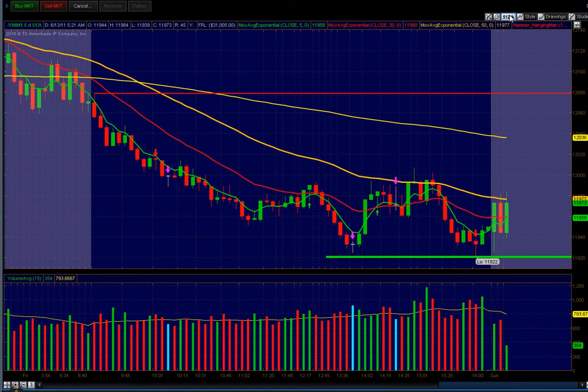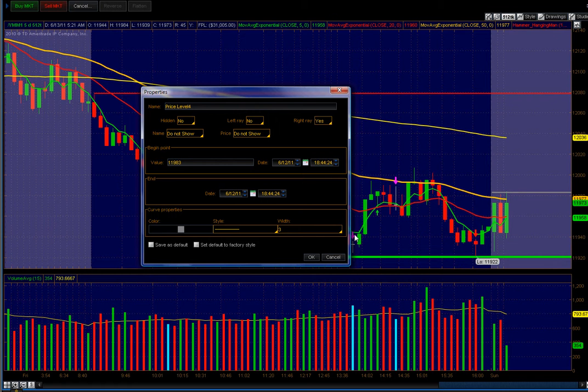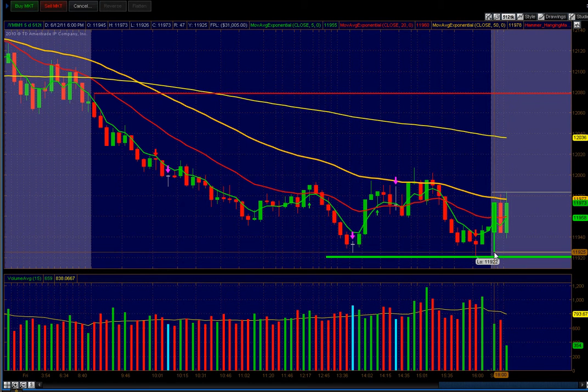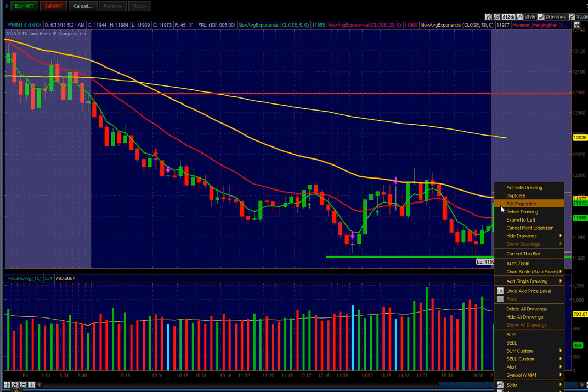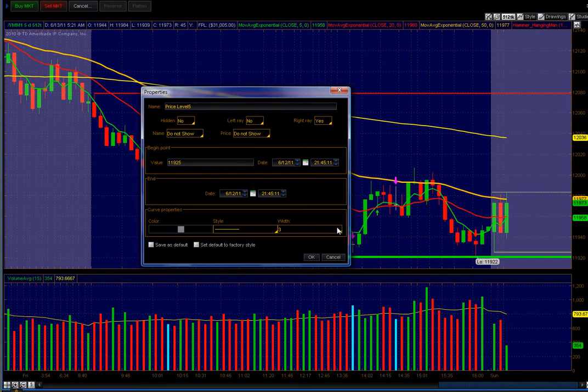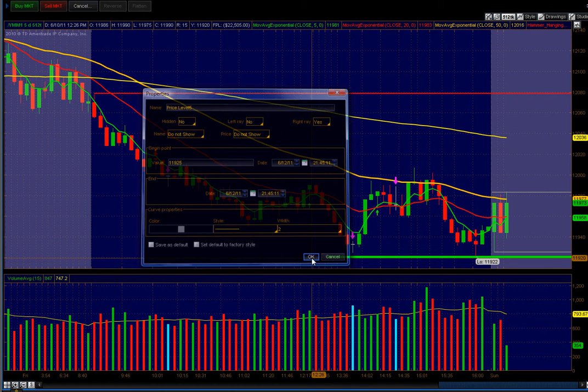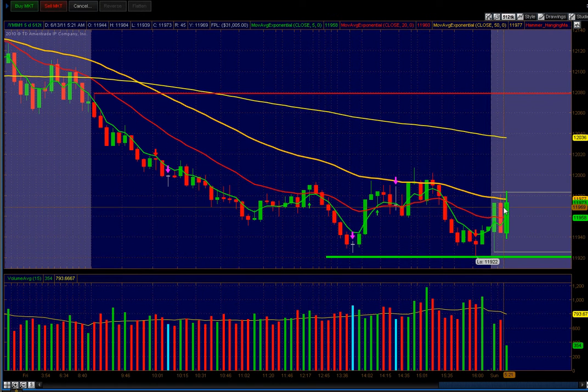So I've got this, and now the next thing I'm going to do is the same thing, except I'm going to create a thin gray bar, and that thin gray bar is going to represent the overnight high and low. I make them both the same color. It's just a preference. I don't have to look at too many different color bars and try to remember what's what. Remember, I have a very, very simple way of trading. Once I'm here, I've got this set up, and this gives me everything that I need for